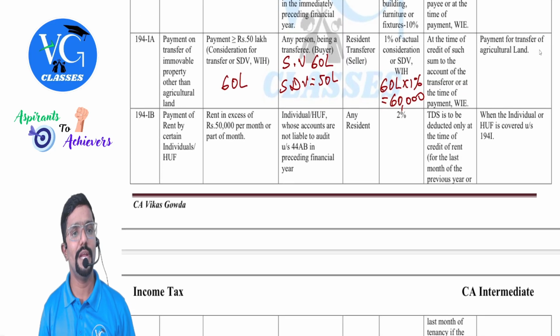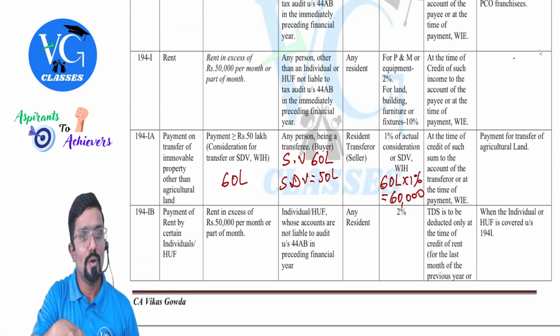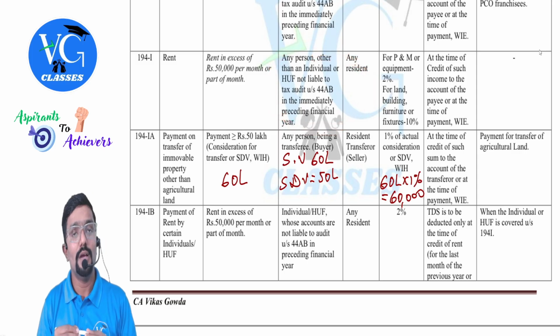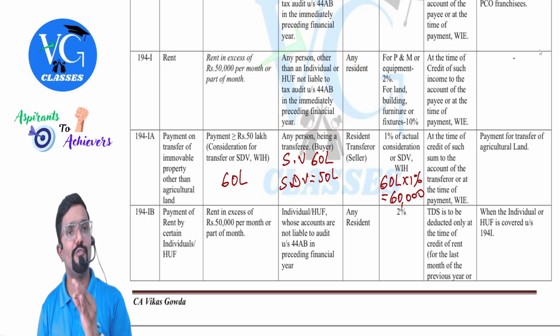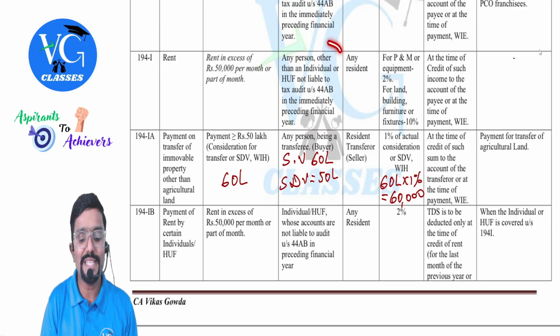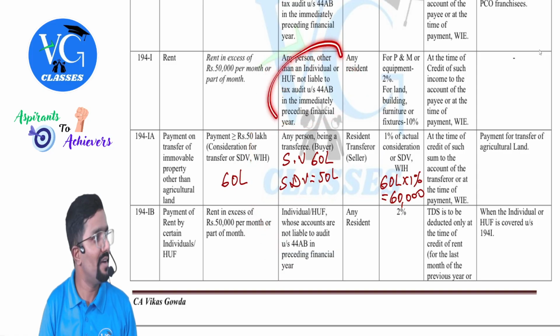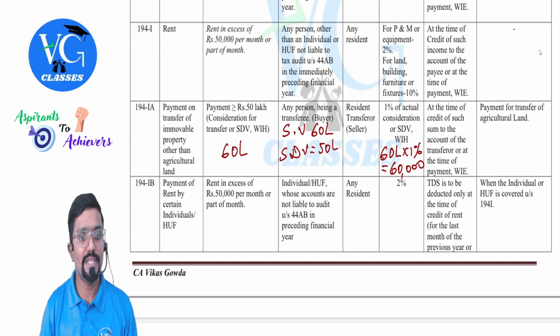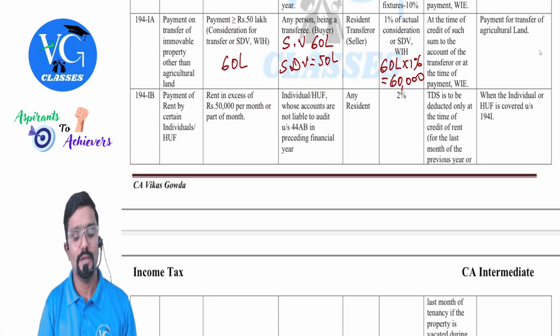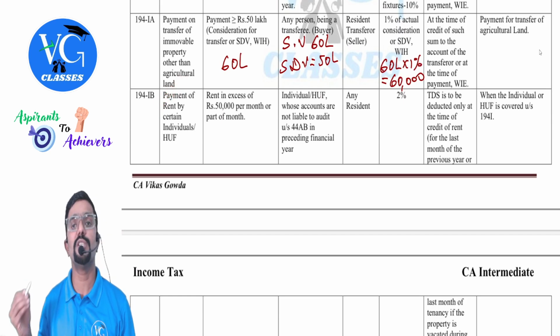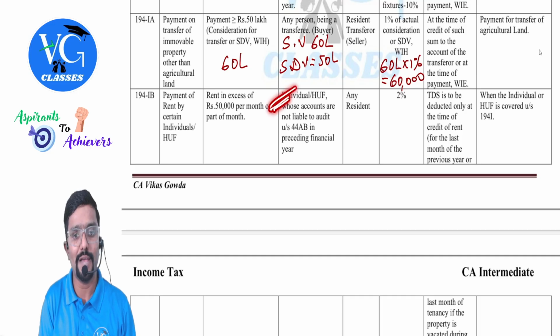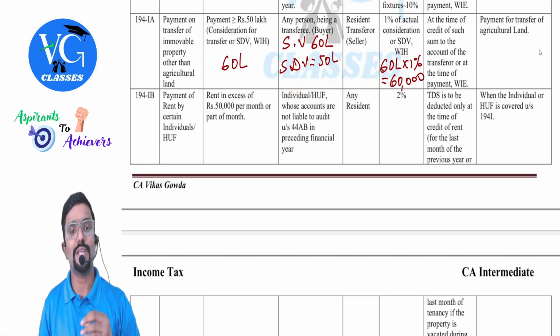Then 194IB. Guys, listen here. 194I covers every payer except the individual or HUF who was not subject to tax audit last year. So who was excluded here? Individual or HUF who was not subject to tax audit last year. But they are covered here. Who is not covered there is covered here. You can see section 194IB, payment of rent by certain individuals or HUF. Who is that certain individual or HUF? I will read this: individual or HUF whose accounts are not liable to audit under section 44AB in the